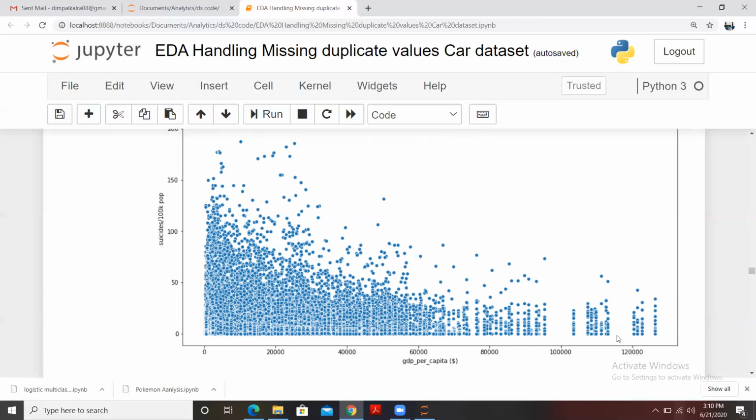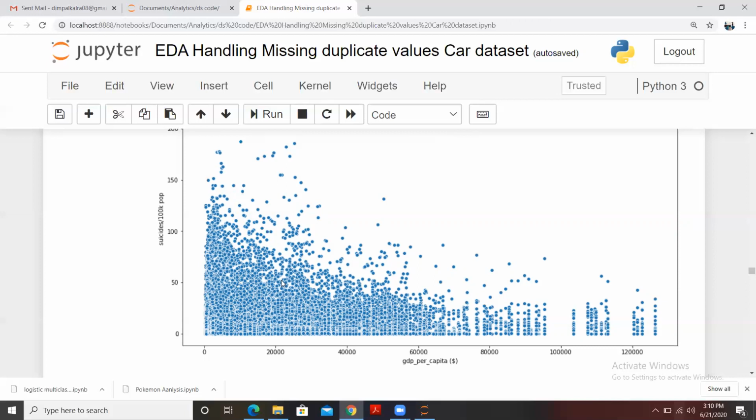If we have higher GDP per person, then the suicide rate is smaller. Although we can check from here that there is no significant correlation between these two columns, the x-axis and the y-axis, we can see that higher GDP per person goes with lower suicide rates. That is visible to both of us.